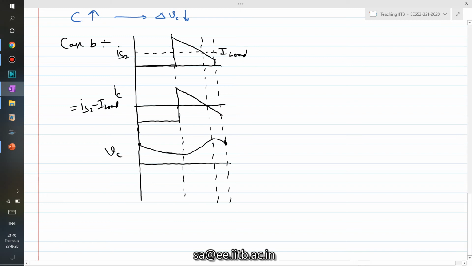So what do we need to find? We need to find the difference between this max value and the min value, right? This is the delta Vc that we want to find. So what are these points? This is DTS, this is TS. Now, unlike the previous case where it was simpler because we could integrate from either 0 to DTS or DTS to TS, here we need to integrate from this point DTS to an unknown point. Let's call this unknown point gamma times TS, where the maxima of the voltage waveform would occur.